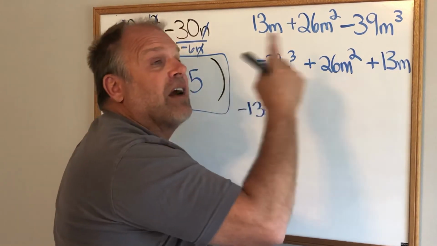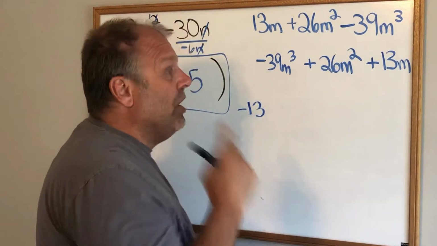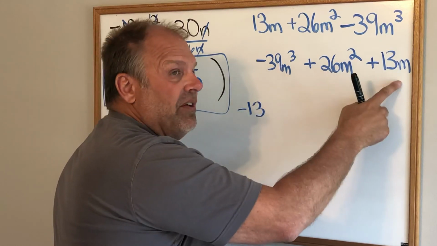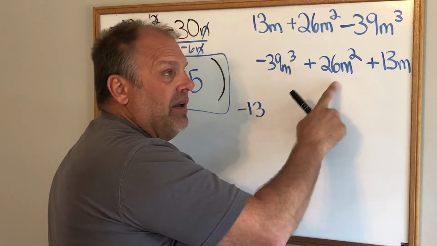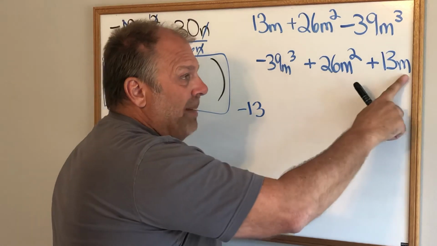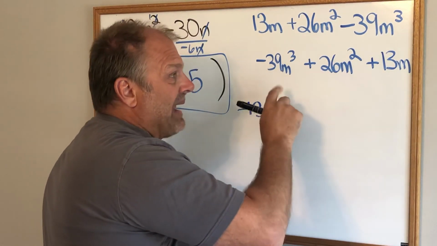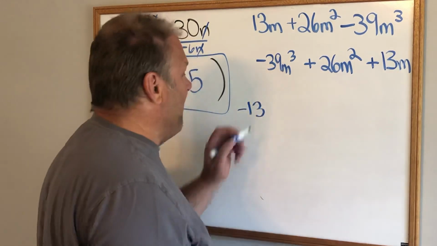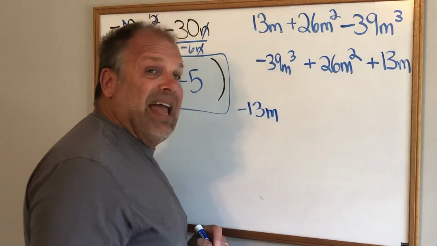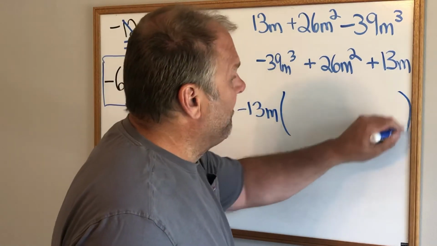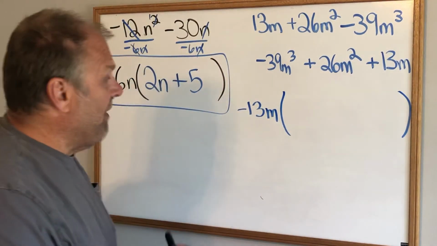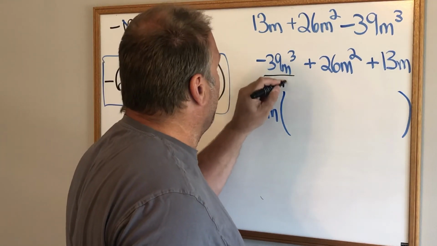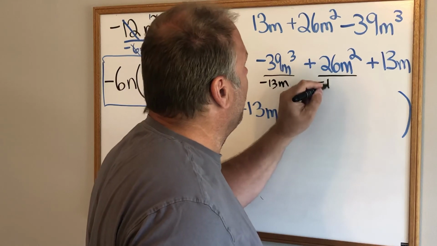So what is the greatest common factor? How many m's can I take out of each of these? I can't take 2 m's out of this because there's not 2. I can't take 3 m's out of this because there's not 3. I can take an m out of everything. So negative 13m is my GCF. Okay, so then if I write underneath each of these a negative 13m, because that's what I'm doing,